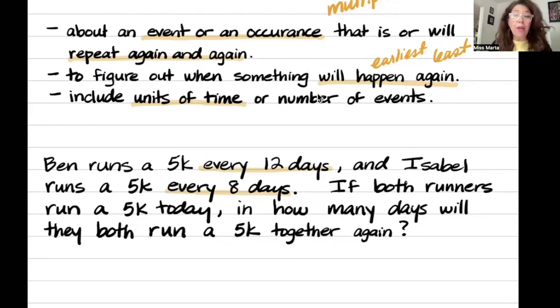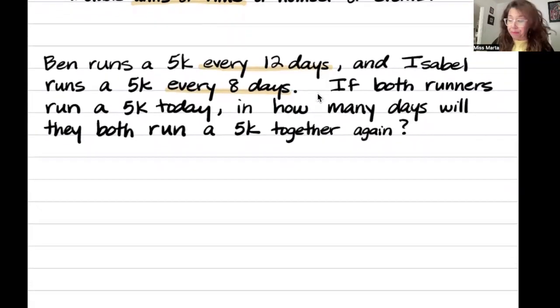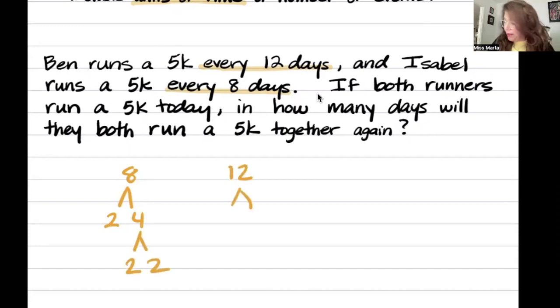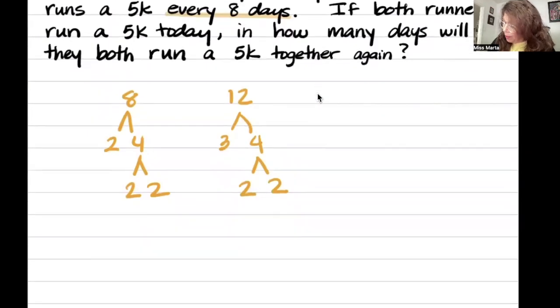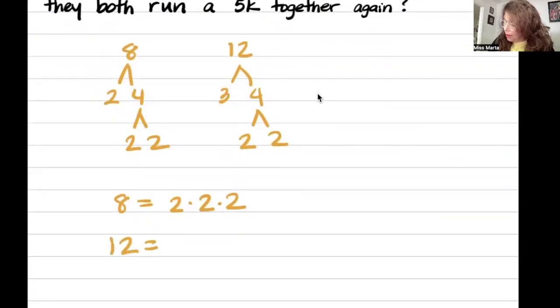Let's do this problem. So we're going to basically find the LCM of 8 and 12. Okay. We got plenty of space now, so we can write 8 is 2 times 4, and 4 is 2 times 2, and 12, that is 3 times 4, and 4 is 2 times 2. So if I put my LCM together, 8 is 2 times 2 times 2, 12 is 2 times 2 times 3, and if I'm going to